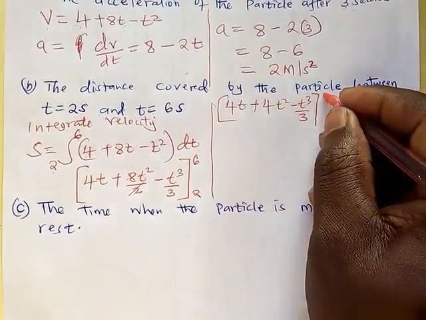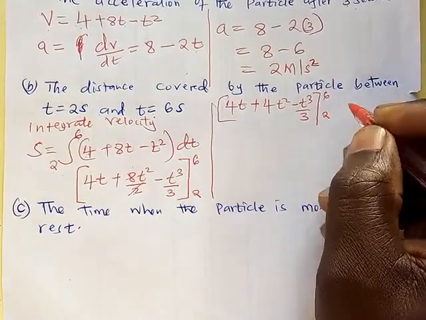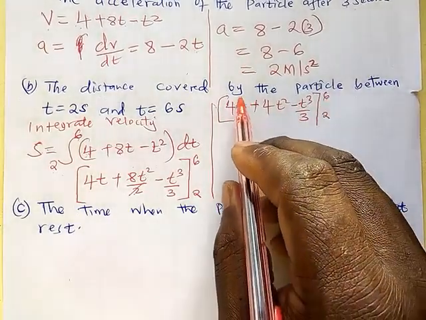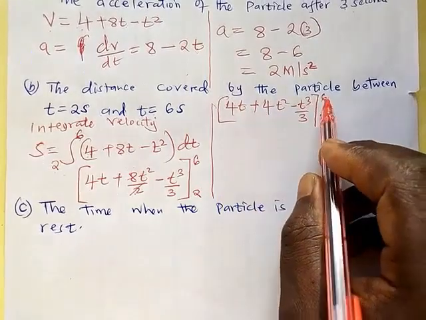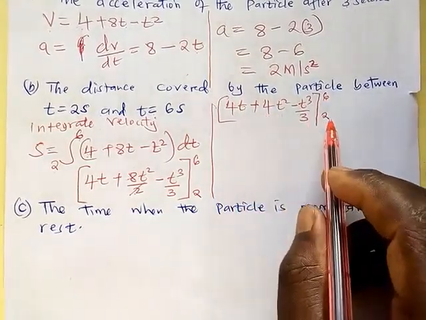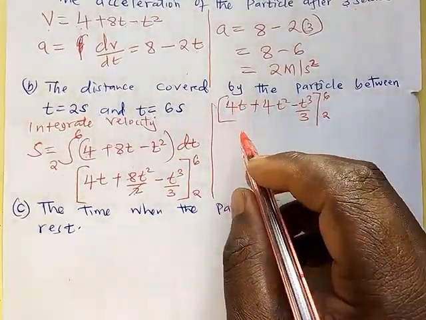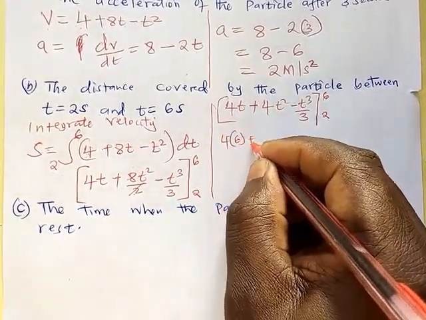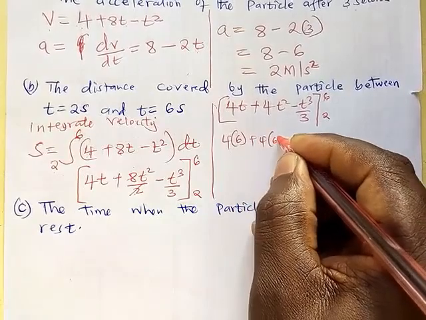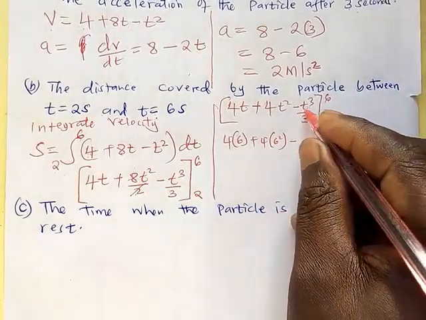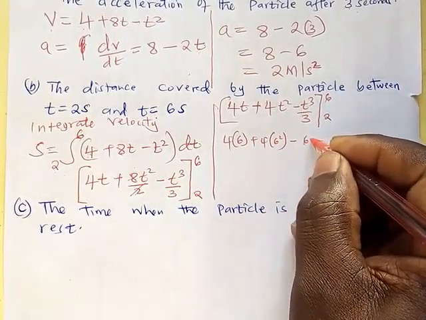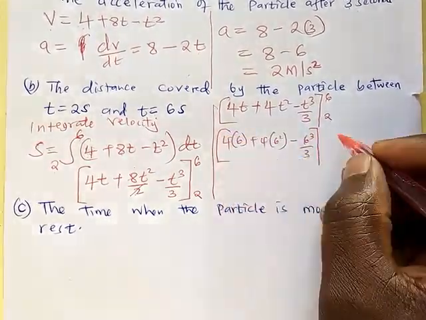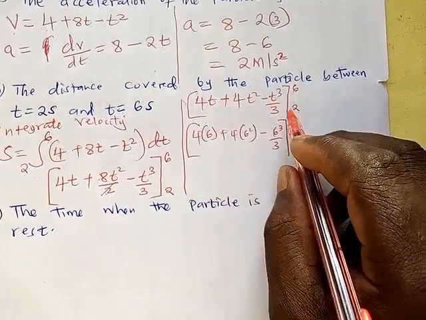Where we have t, we are going to substitute 6 and then later 2. So we are going to have 4 into 6 plus 4 into 6 square minus 6 cube divided by 3,